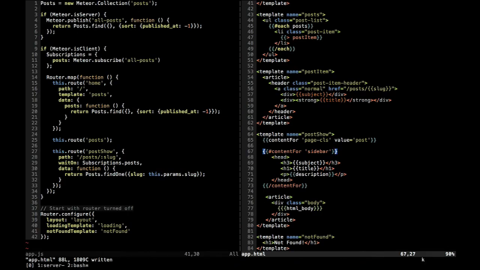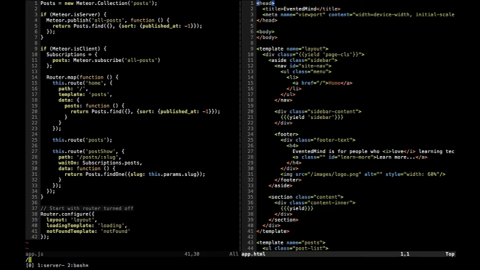So another thing I want to do here is I've got hard-coded links all throughout the application. So if I change one of the route paths, I have to go and change all the links. And so there's something for that called path helpers that get created. And they work both server-side and client-side. And so if I go here and I change this,